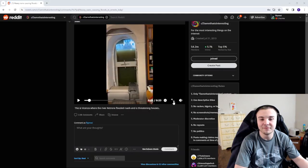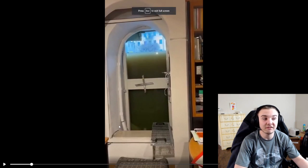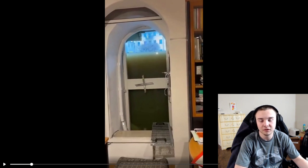It's funny to look at this very janky looking window. I mean, it's got locks, which makes sense on a window that big. Someone could break in, and they probably are prepared for flooding. But it kind of doesn't look very strong. You have this little bit here, which is unattached, which I think is supposed to be a water gutter, or at least that's what I'd assume it is based on me being an American. But it also could be a frame or something. I don't know. Point is, it doesn't look like a super strong window, but it kind of has to be,